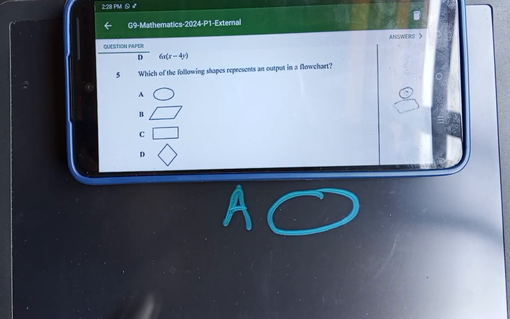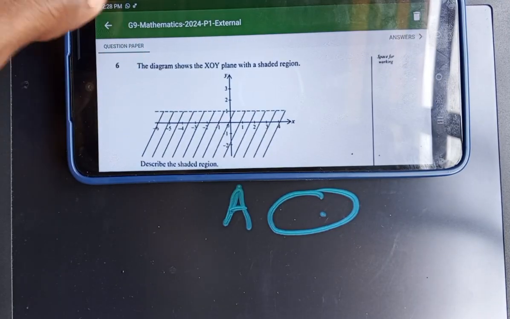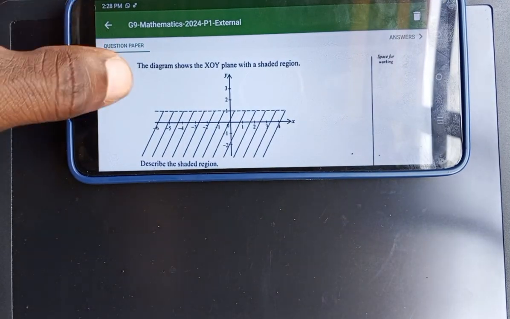An oval. We're saying output means we're saying stop. The answer is an oval. The same applies to input. Okay, let's move to the next question. The next question is this one, number 6 here. Number 6 is saying,